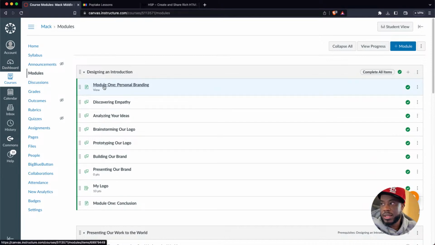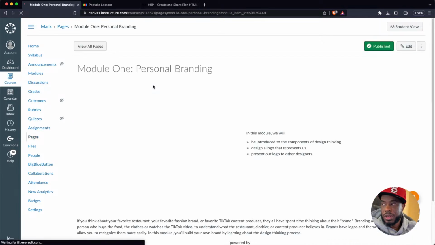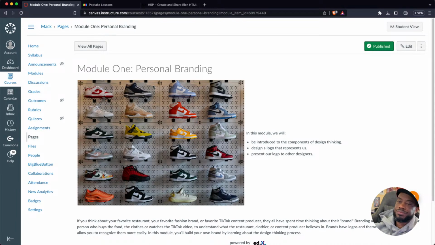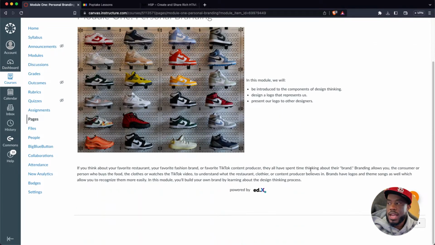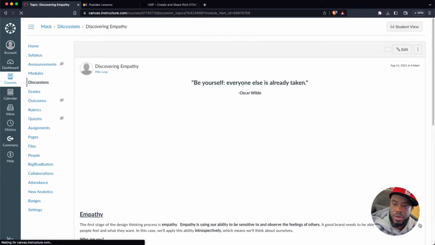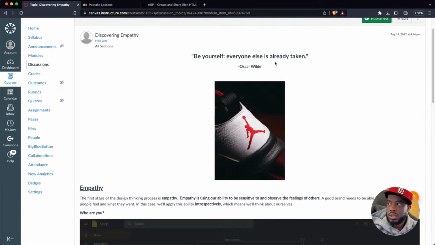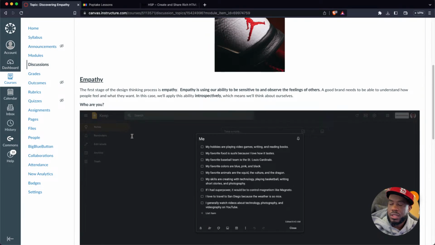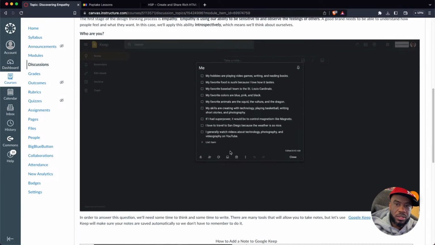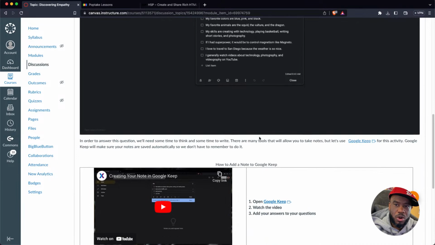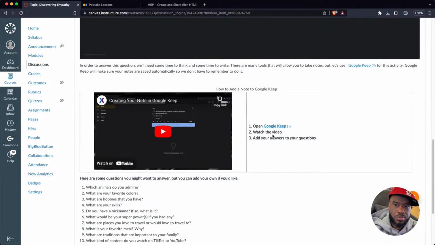So let's look at what this actually looks like. I'm going to click there. All right, so I've got an image there. I've set it out so that the learner knows what they're going to learn during the module, which is great. A little bit of vocabulary there, a little bit of a paragraph there to explain what's going on. Great. Small pieces of text, large images. Small pieces of text, video, small pieces of text.